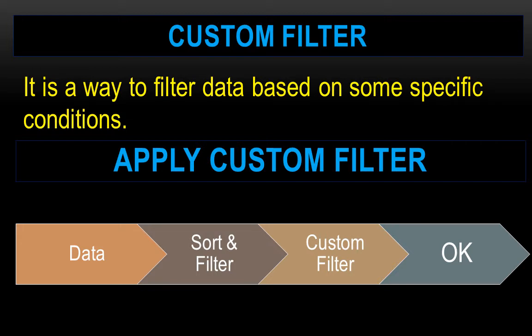Then step 6, to add another criteria, click AND or the OR. AND का यूज जब करते हैं if you want both the conditions to be true. यदि आप चाहते हैं कि दोनों कंडीशंस ट्रू तब AND का यूज करेंगे. And if you want any one of the conditions to be true, अगर दोनों में से कोई एक भी ट्रू हो जाए उसके लिए OR का यूज करेंगे. Then specify the second condition in the same way. Step 8, click the OK button to view the rows according to the condition specified.